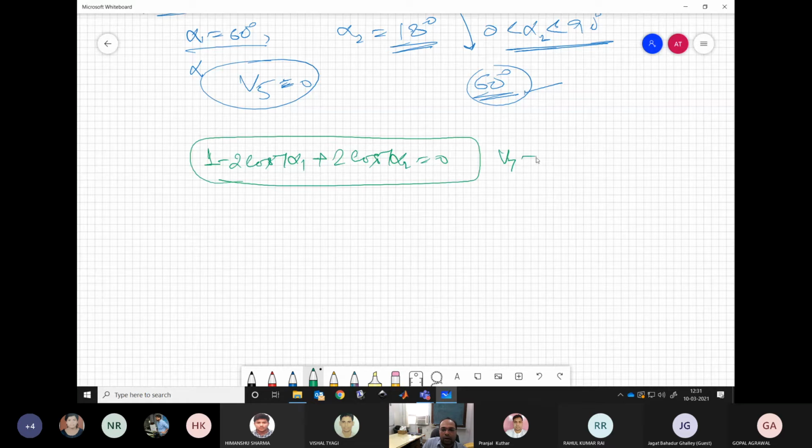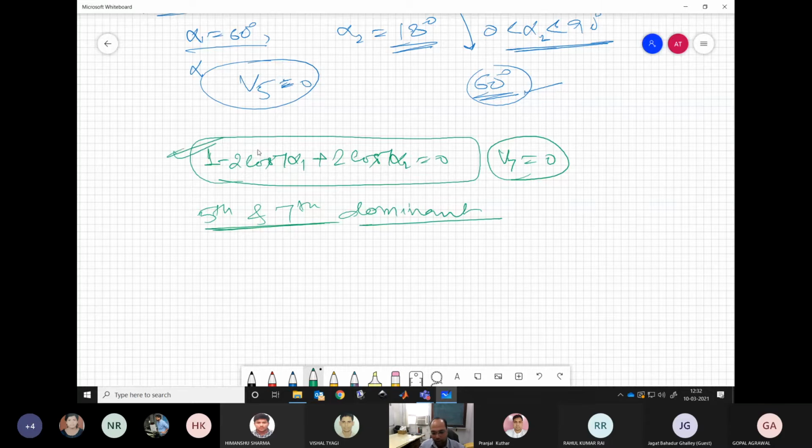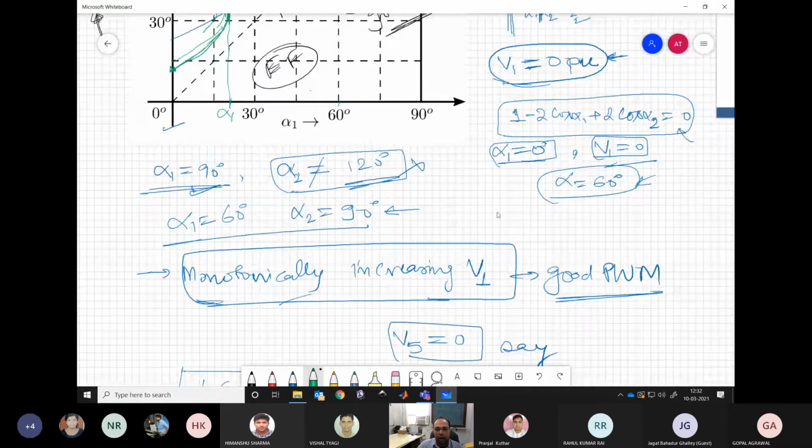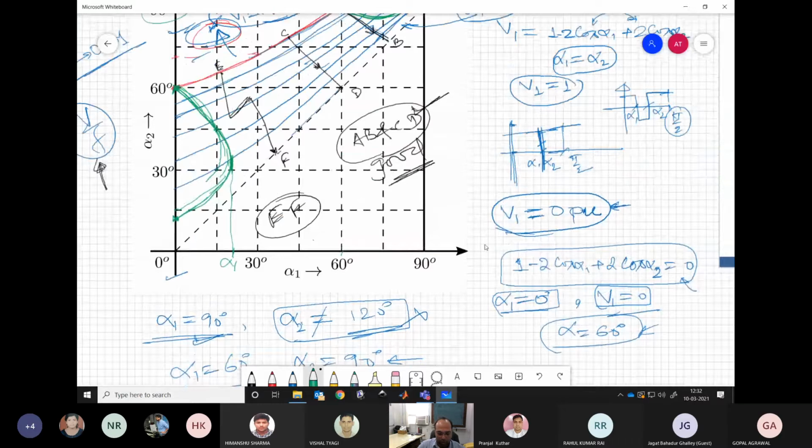This is our equation corresponding to V7 equal to 0. Because 5th and 7th are the most dominant harmonics, we are interested in these two as of now. So V7 also, if you try to plot, you will get another family of curves over there, and again you plug in the value and you will find